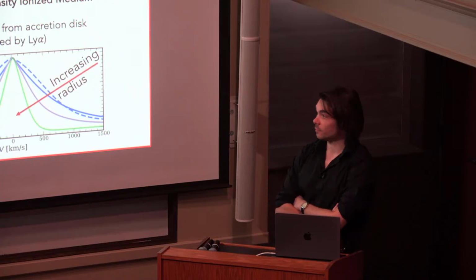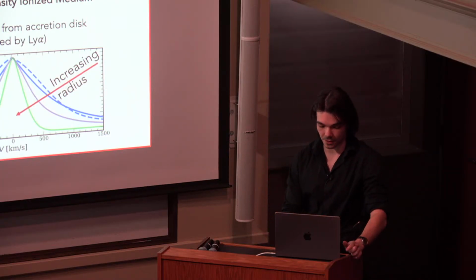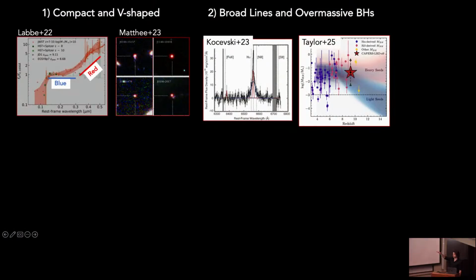If we look at the SEDs of LRDs, just scroll back to here, there is a blue component, so there could be a host galaxy. There's been works recently that claim that the blue component can be somewhat extended. That again is more host galaxy-like. So the galaxy itself can potentially inject iron into that. Also, even if iron is produced in very small quantities, just because of how compact this dense cocoon would be, I don't think a lot of iron would be required